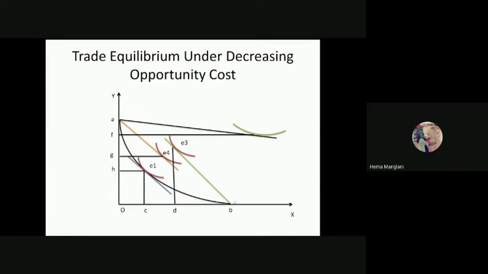in X. Okay, same price lines are there. We are not changing it, and you are reaching this E3 point, and you are generating this triangle of exchange. Now, this triangle of exchange is revealing that you are importing DE3 amount of Y with the exports of DB. It means this DB amount you are exchanging with this DE4. So the reason behind this, because X commodity is now expensive in the international market, you need to offer X commodity relatively less than this Y what we were offering earlier.